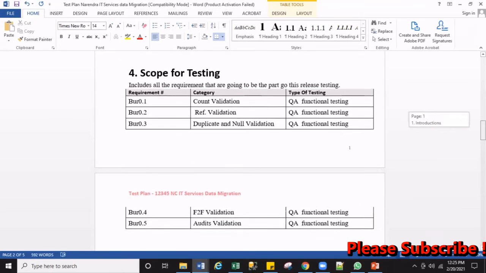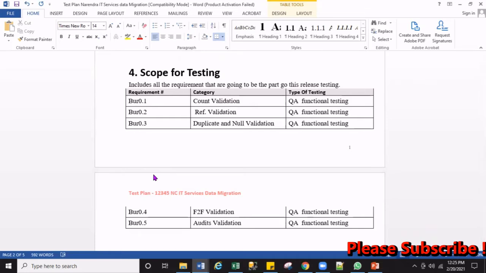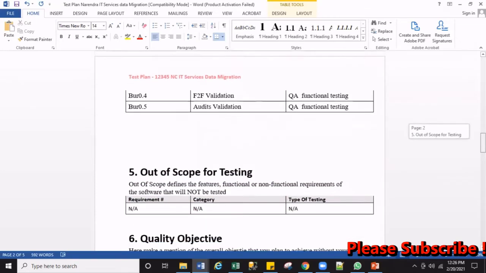If they approve, then we start the further testing, right? So what is my testing approach? As you know, in our business requirement document, we are migrating the data from source into target, right? And in source, we have three tables: person table, client table, location table, and we are moving the data from these three tables into the employee table. So during the moving, our scope is the count validations, referential validation, duplicate and null validation, field to field validations, and edit validation. So we put our scope.